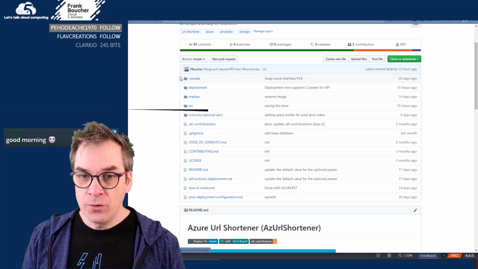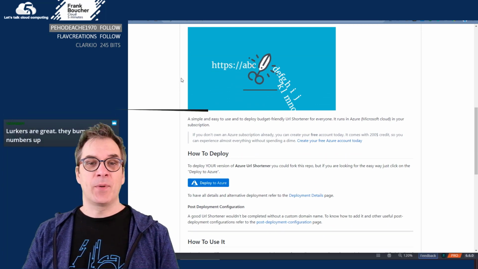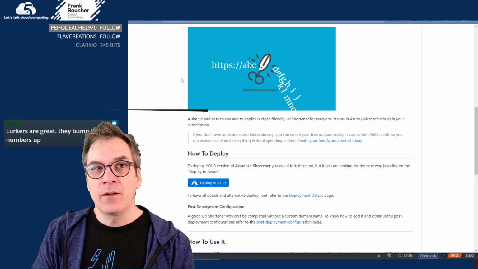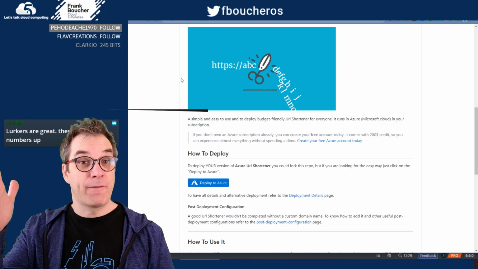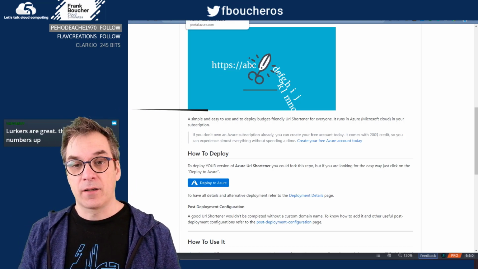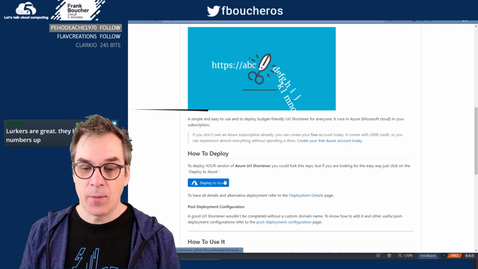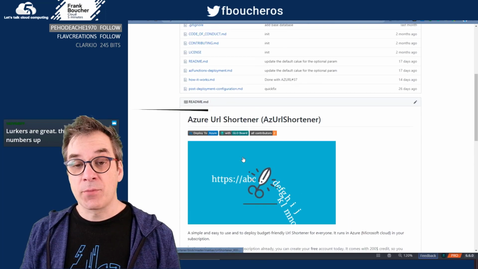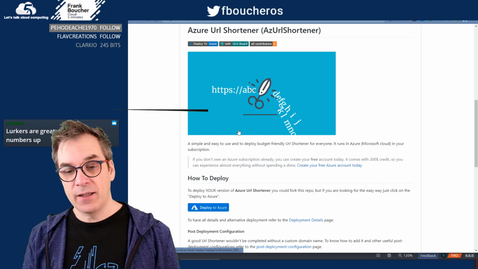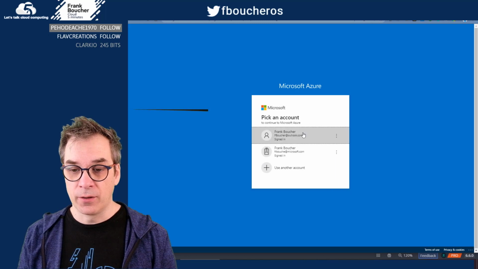So we continue to work on this tool, and yesterday we pushed a version, but we ended up in a kind of unfinished state. We tried to deploy our last version and it was not working. But in fact, it was working. It's just that my assumption was that when you click on that button and you specify, you know, when you click here, that's a way to deploy the Azure URL Shortener.